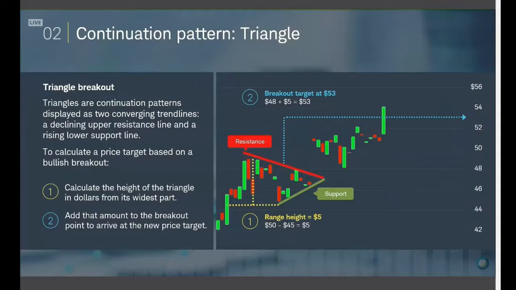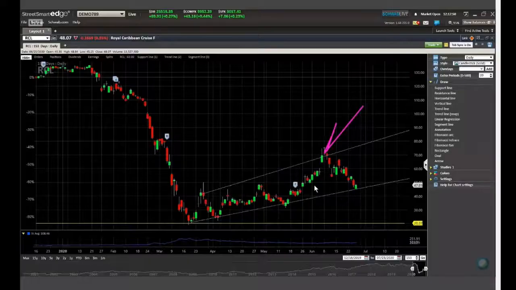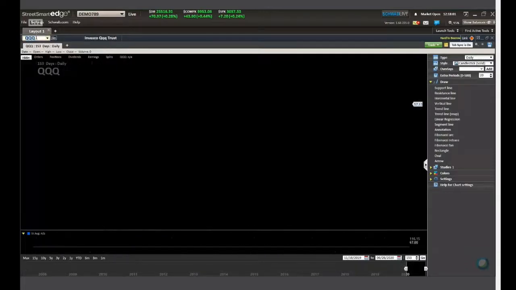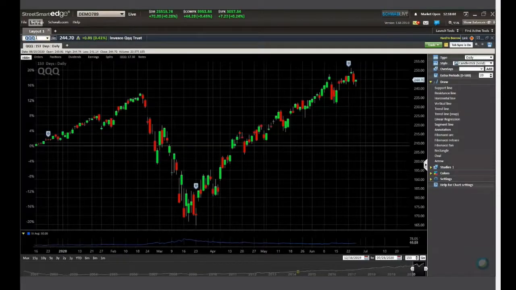It could be a Fed announcement. It could be an earnings announcement. It could be a developers conference, for example. It could be any one of these things in a number of topics. But the idea is with continuation patterns, you're looking for a breakout and it's on a known event. So let's see if we can find from the list that you wonderful people have provided, if there are any breakout candidates. Let's look at BX. That's one that we received. I don't see one there. Let's go to the Qs. I'm pretty sure we don't have any breakouts there for the continuation side.